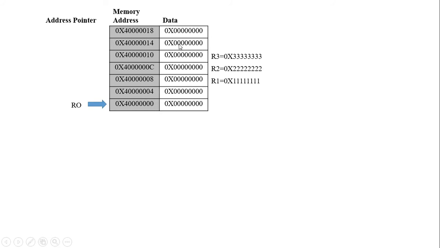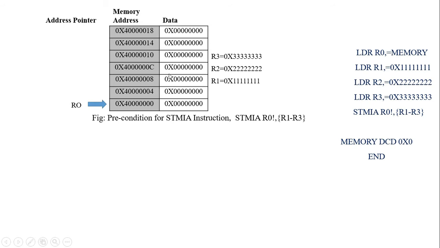Okay. So here initially the data available in this memory location is zeros. Here I consider R0 as the base register pointing to the memory, and initially I consider the R1 value, R2 value, R3 value like this. We can represent the same example with respect to the code also. LDR R0, =memory. What happens? The address of the memory will be loaded into the R0 register. Then here I am considering the R1, R2 and R3 values. Then I am going to execute the STMIA instruction. What it does is it stores the R1 to R3 values to the R0 memory location. Then it will be incremented.